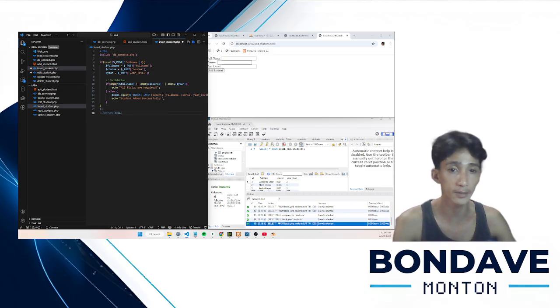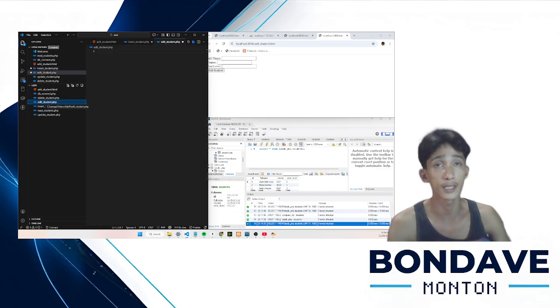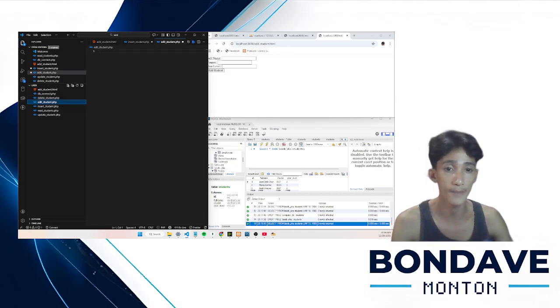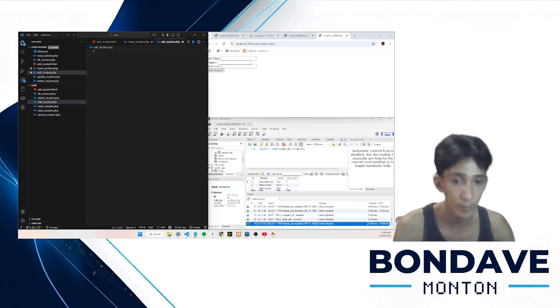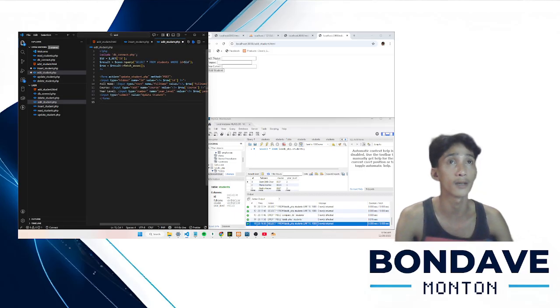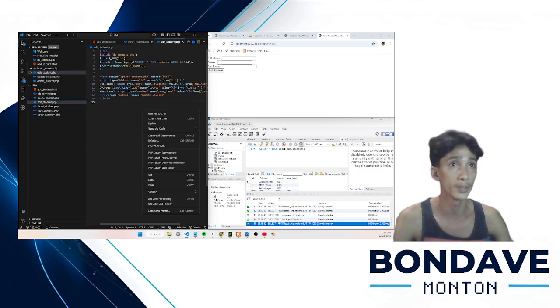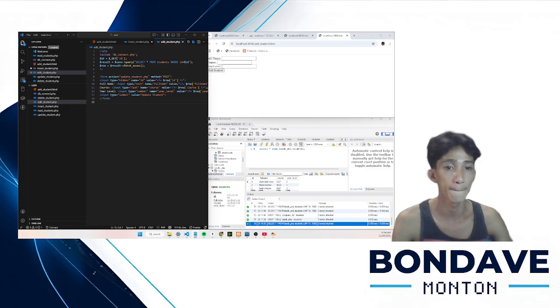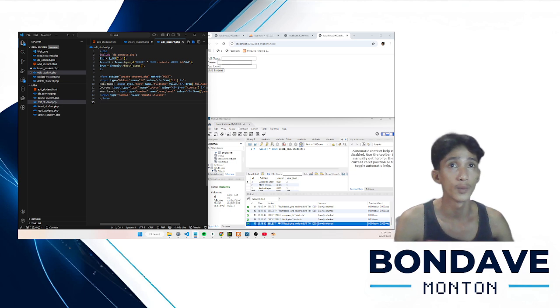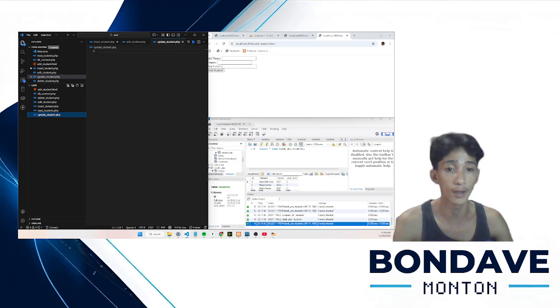Next operation would be the update. So update means this file, the edit student. In this file, I have already created the file and the code, and just control S to save. Next, after the edit, we proceed to the update.